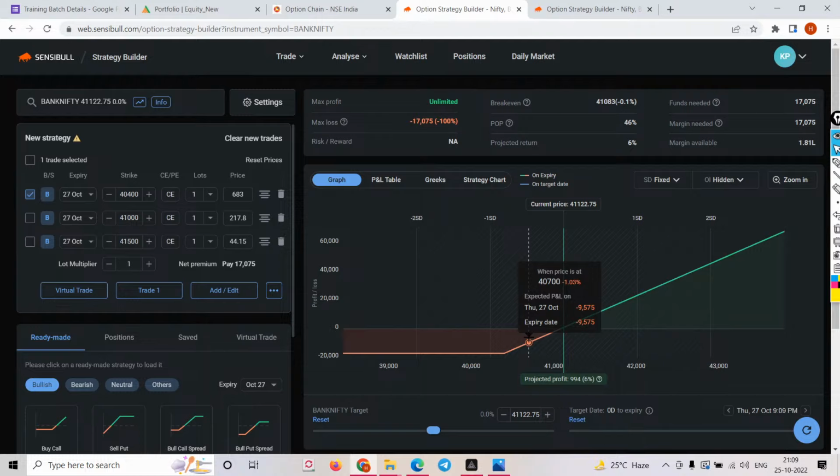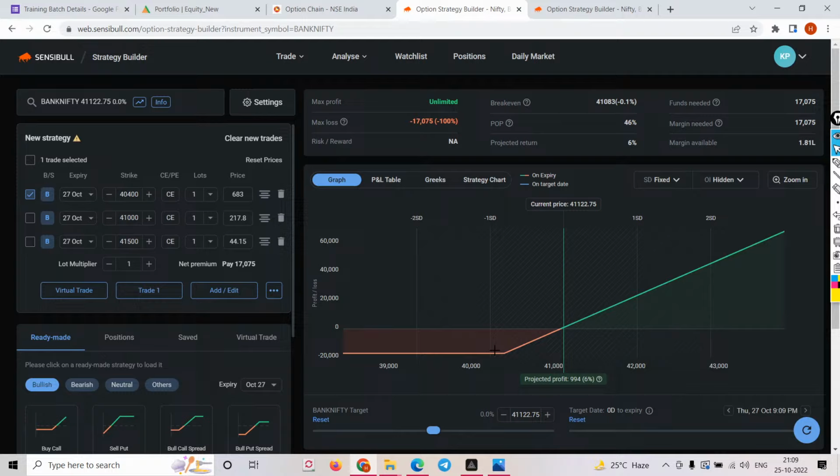Whenever someone goes for in the money, they don't even have this thought process. Yes, in the money, your break even is absolutely there. If the market goes up, you will get good profit. You will get huge profit because the delta is high for in the money. But no one thinks that the same delta can show your maximum loss. Let's take 2%. If the market goes down by 2%, you are almost at your maximum loss of 17,000 on the same day. That's the disadvantage of going for in the money.